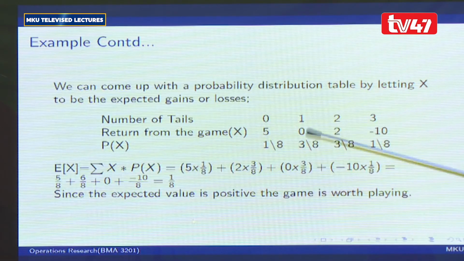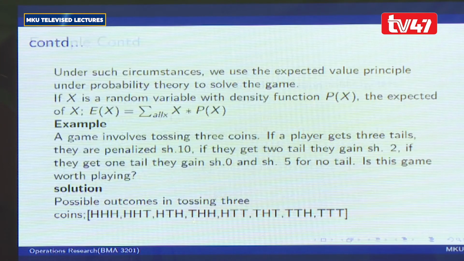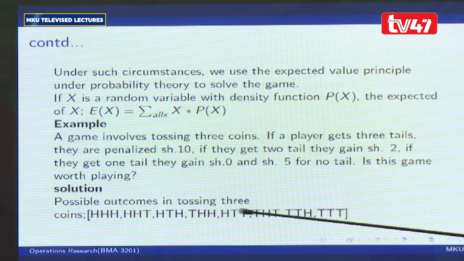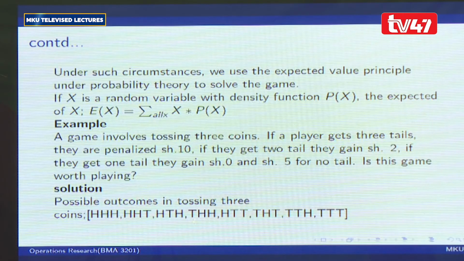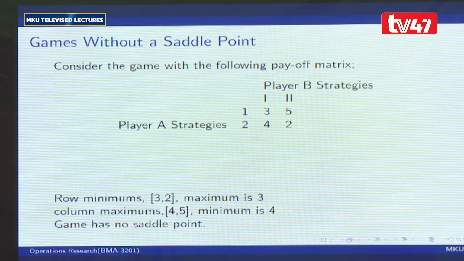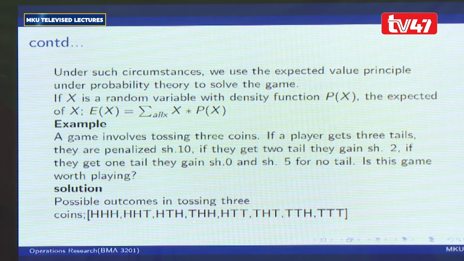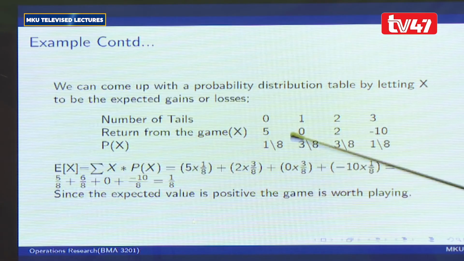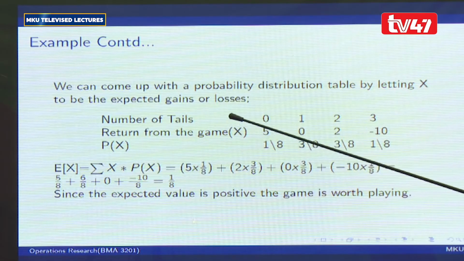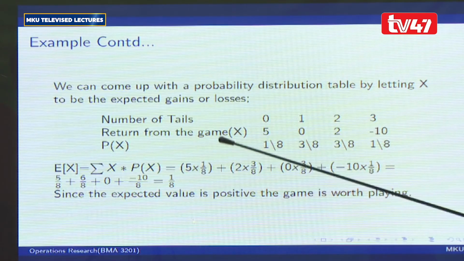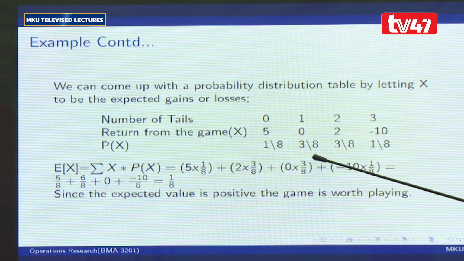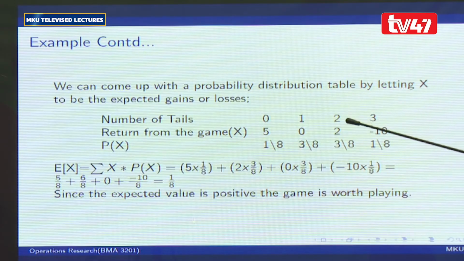Corresponding probabilities. Out of the 8 cases we saw in the sample space, only 1 of them didn't have a tail. And that's why, out of 8, we are picking 1 out of 8 to represent the case where we have 0 tails. When we have 1 tail, those were 3 cases, so 3 out of 8. When we had 2 tails, those were 3 cases,